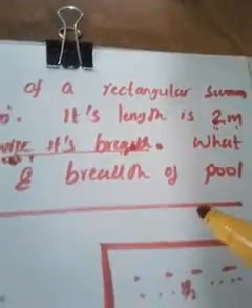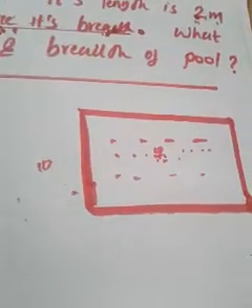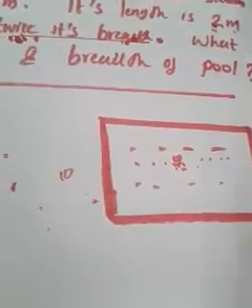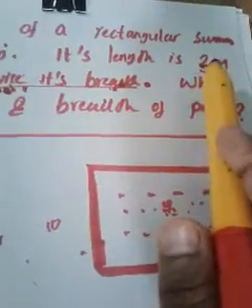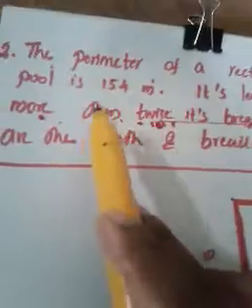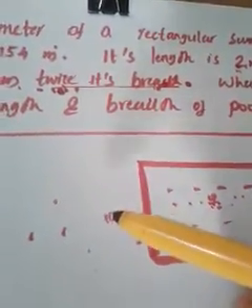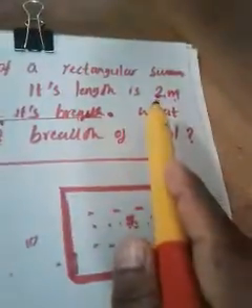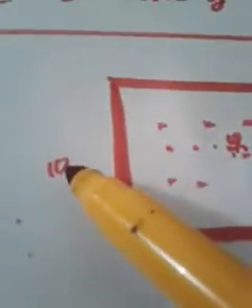Suppose breadth is equal to 10. Then what will be the length? In order to get the length, what do I have to do? I have to take the double of the breadth. What is double of 10? 20. Then what do I have to do now? After getting the double, I have to add 2 more than, that means 2 plus twice the breadth. Breadth is 10, twice the breadth is 20. 2 into 10 is nothing but 20. Then I have to add 2 more than, 2 plus 20. That means the length will be 22. Once again repeating, suppose the breadth is 10.